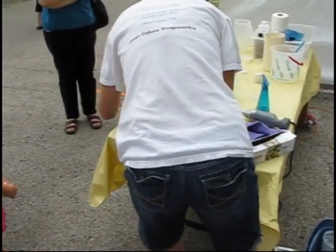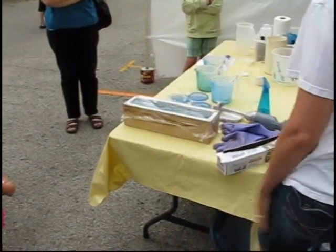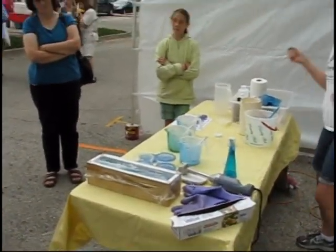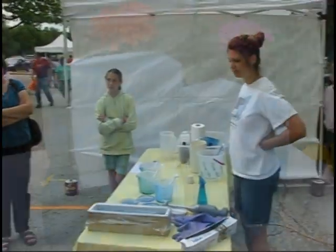And that's it. Do you have to keep it at a certain temperature for it to cure? No, just regular room temperature. So when you cure